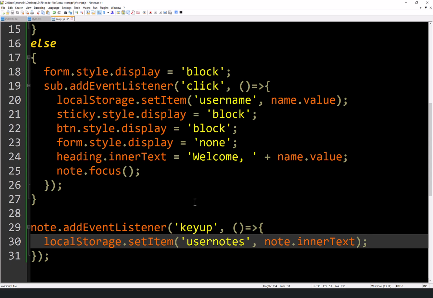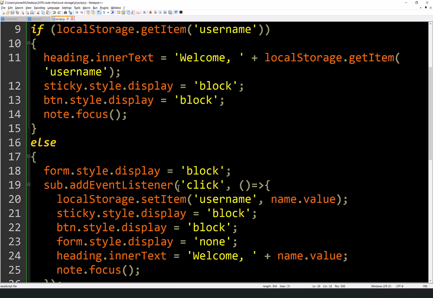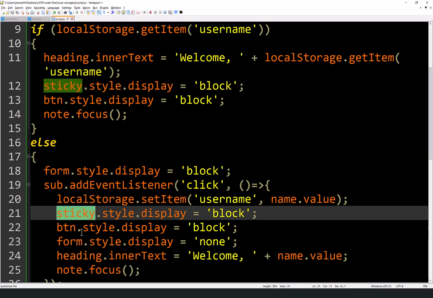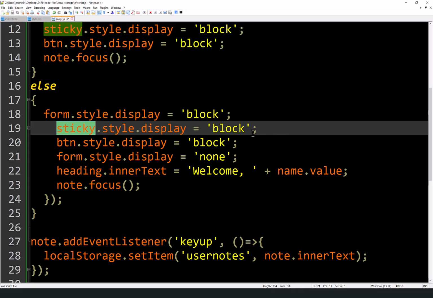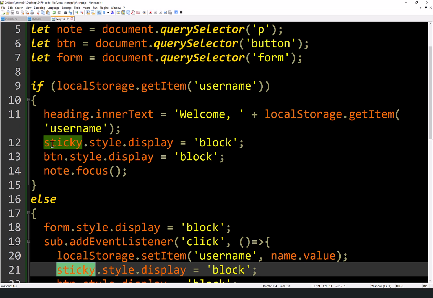That's pretty straightforward. So when we show the sticky note, which you can see is here and here, on line 12 and line 21, on line 21 here, we're showing the sticky note for the first time. So there wouldn't be any content in there. It's here where the sticky note already existed because they've already logged in.